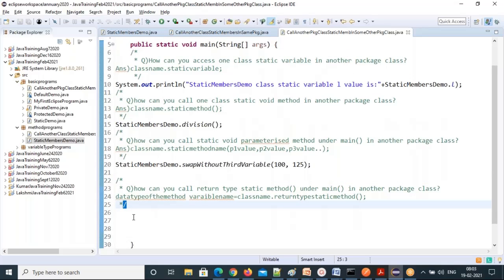So data type of the method, but you don't have a permission for them, right? So let's see that. Do you have a permission? So I'll call double, or maybe I'll call float, the convert to Celsius degrees temperature. Okay, let me call this. Returns a float value, and